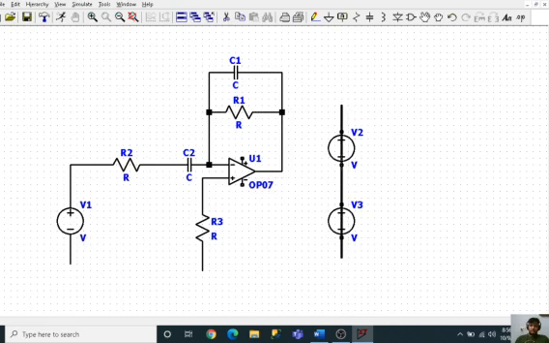We need to give wires over here and a bit of a wire to name it. So I think this is alright. Now I will give some ground. Over here also we will need ground.